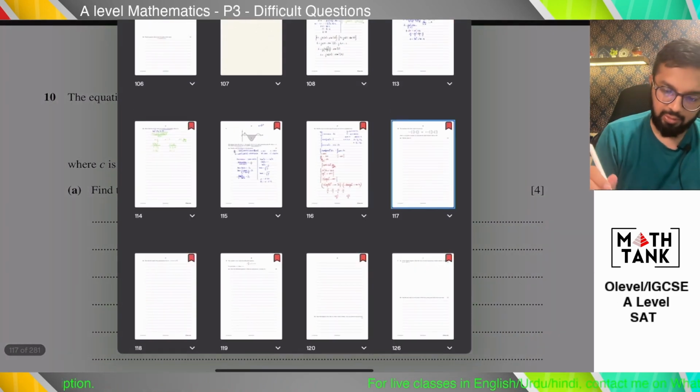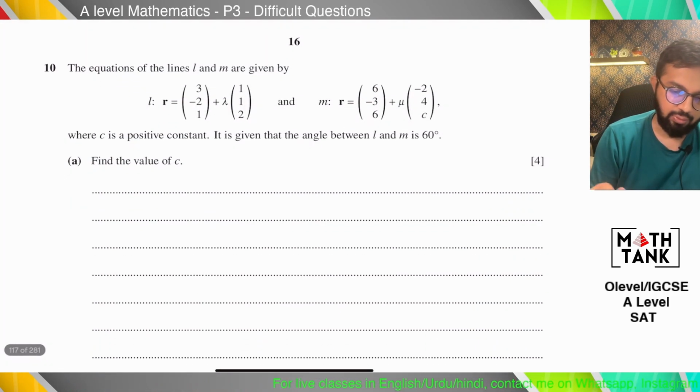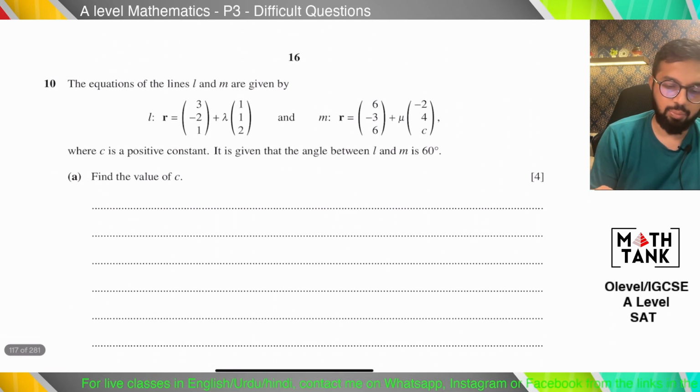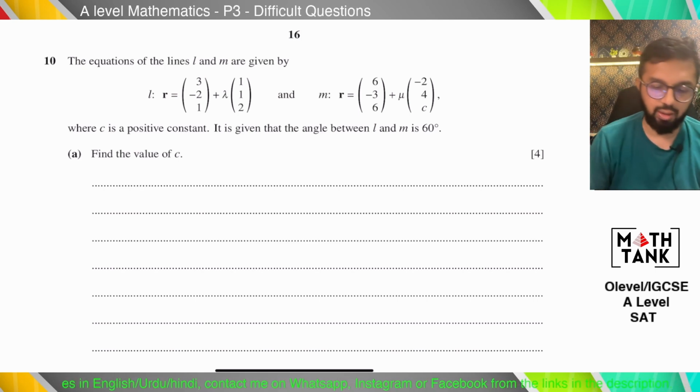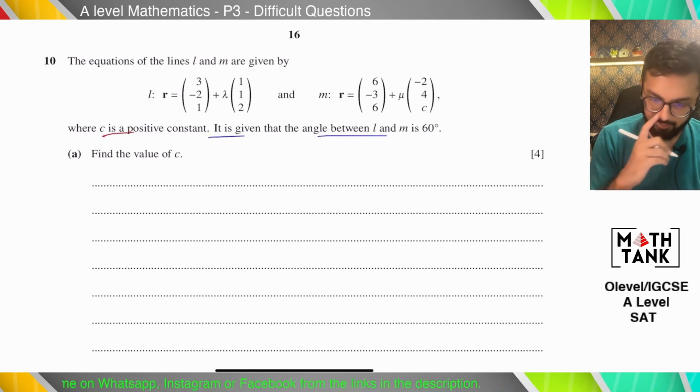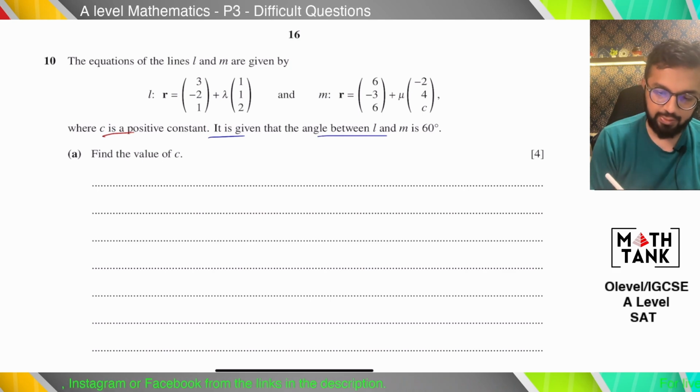Let's see what I have now. Yeah, I have this vectors question in front of me. It says basically it is given that, I think I've kept it for the second part. A lot of you ask questions about perpendicular lines. Where C is a positive constant, it is given that the angle between L and M is this. So angle between two lines is basically